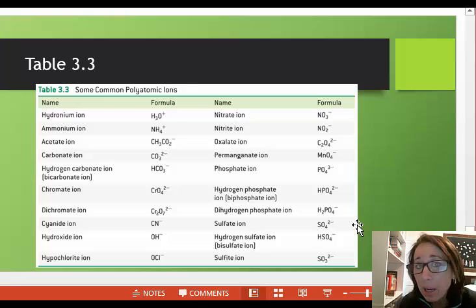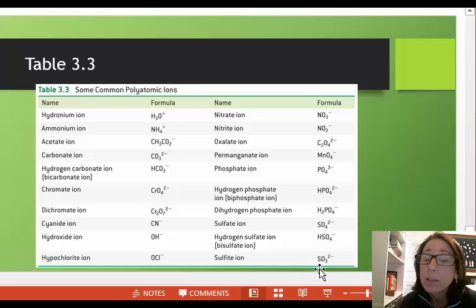If you are given the name of a polyatomic ion, such as sulfite, you must be able to write capital S, capital O, subscript 3, superscript -2 or 2 negative. It is really important that you pay attention to the capital letters and lowercase letters, the order of the symbols in the formulas, the subscripts, and the charges.